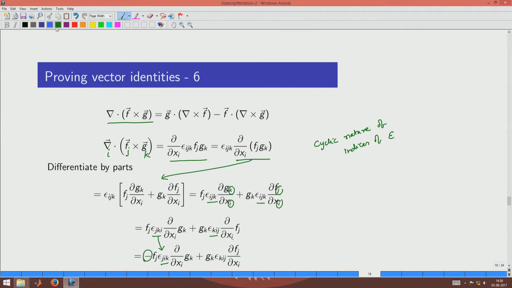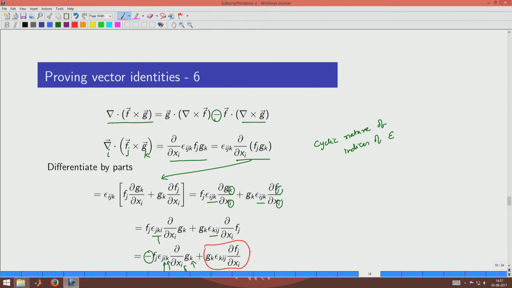The moment I do swapping of indices, then I see that the second index is i, third index is k, second index is i, third index is k. So, then I can write this quantity as del cross g, and that is exactly what is done here, del cross g. The minus sign is coming because I did the swapping of the last 2 indices, and that is the minus sign that is coming here, and the first term is shown here,